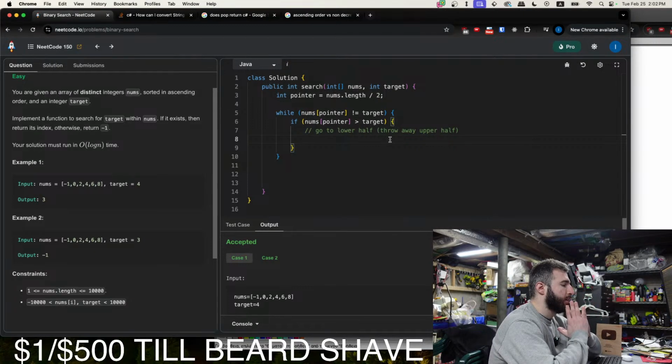Let's see, how do we throw away the upper half of the book? We just want to move the pointer to the middle of the first half.